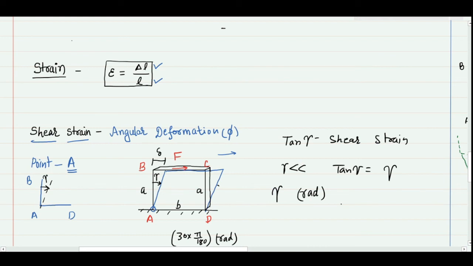So I can say that my shear strain, and this shear strain is average. Every time we talk about an average shear strain, the average shear strain will be the change in length divided by the side length a. So we have two perpendicular sides. With respect to these perpendicular sides, I define the angular deformation and then I can define the shear strain.